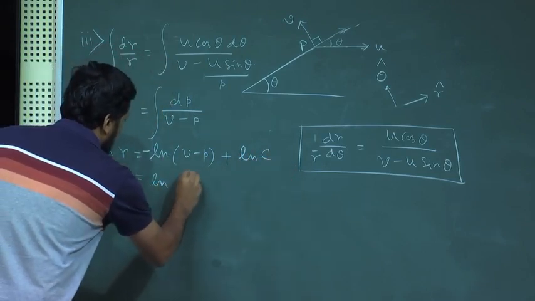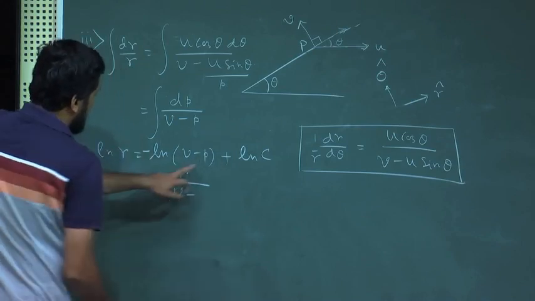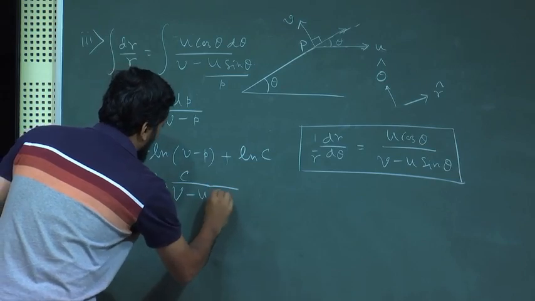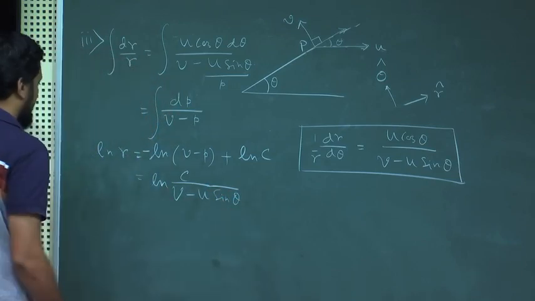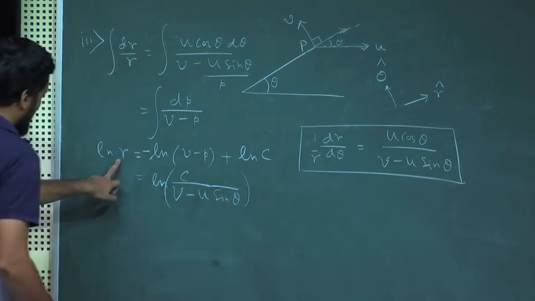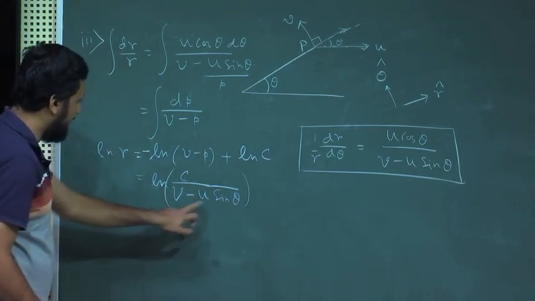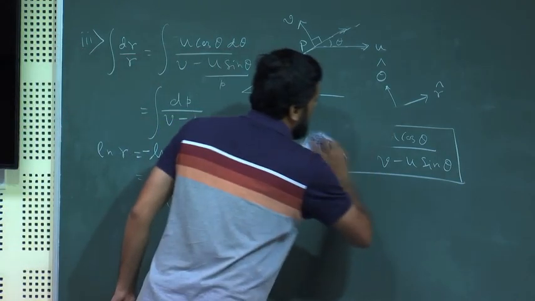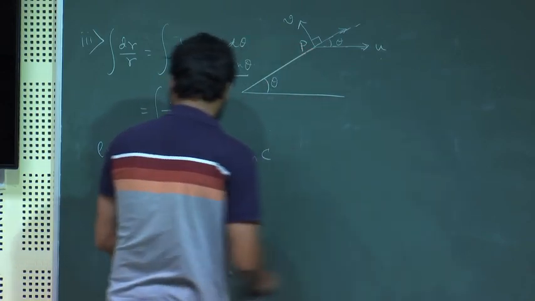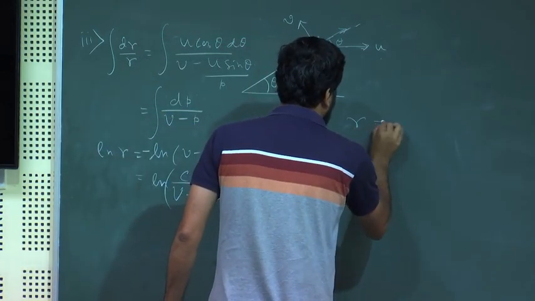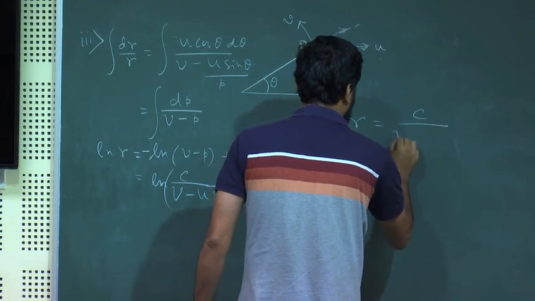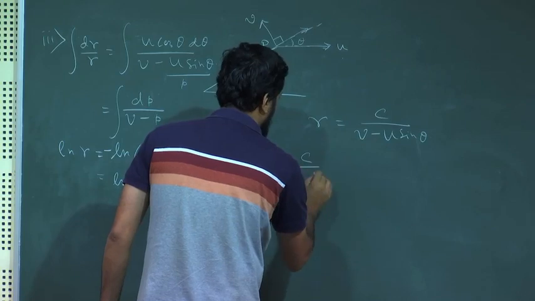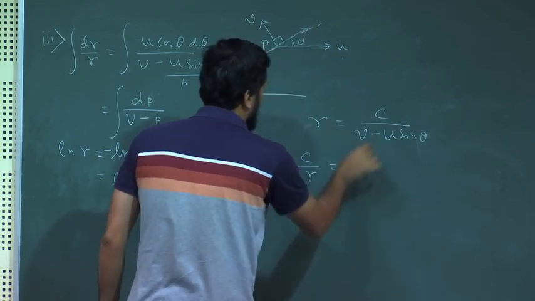So, ln c by v minus, we substitute the value of p again, so it is u sin theta. Okay. So, ln r is equal to ln c by v minus u sin theta. So, if we simplify, we immediately get r is equal to c by v minus u sin theta, or c by r is equal to